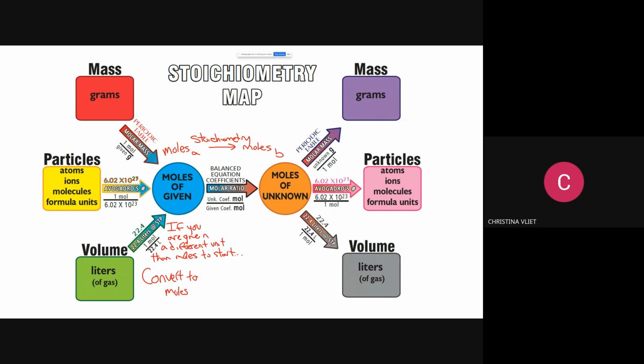So if I need to get out of moles and I need to go to grams, you know you have to use the molar mass, right? If I need to get out of moles and I need to get to particles, I need to use a specific number that I do suggest that you remember for the test called Avogadro's number, 6.02 times 10 to the 23rd. And if I'm going to volume, I'm going to need to use that number 22.4 to get there. So the idea is that if I'm asked for a different unit,